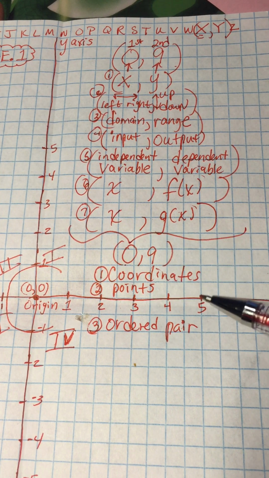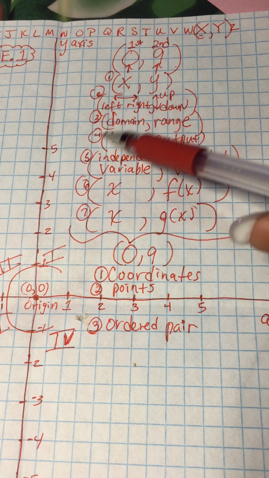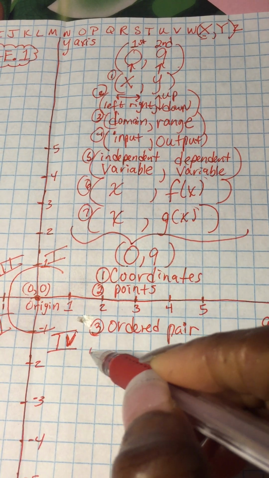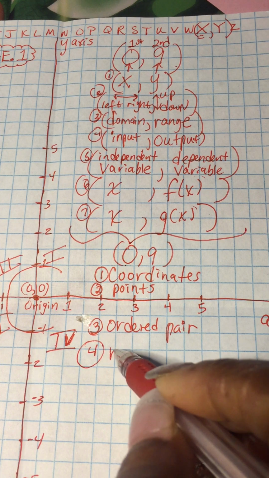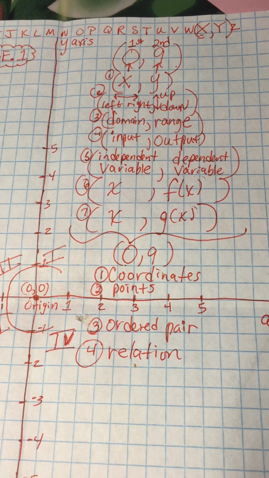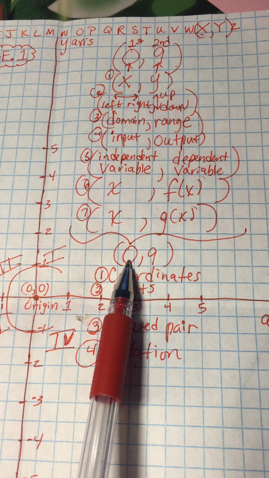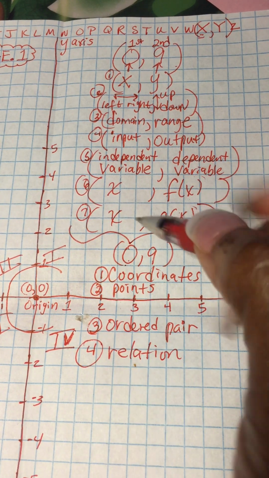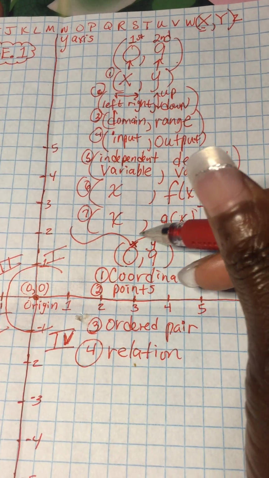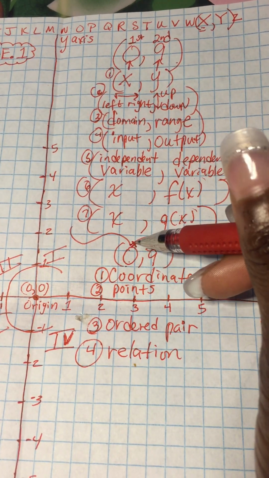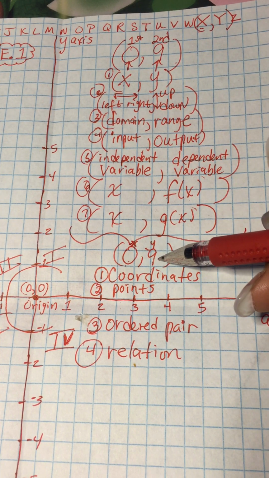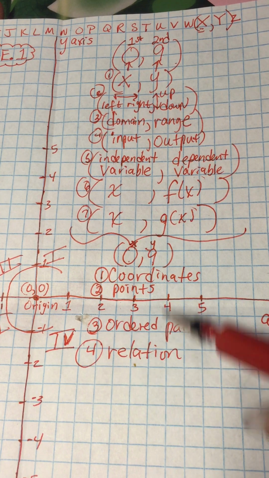If I say, tell me your input, input means one number. The input is the x value. I can say, please plot this relation on your graph. Relation because the x value and the y value have a relationship. Remember we discussed that. This y value depends on whatever the x value is. If this x value changes to the number 1, the y value is also going to change. So they have a relationship, or we can call them